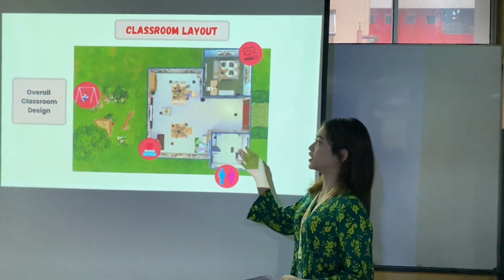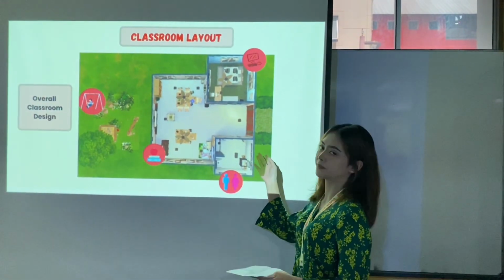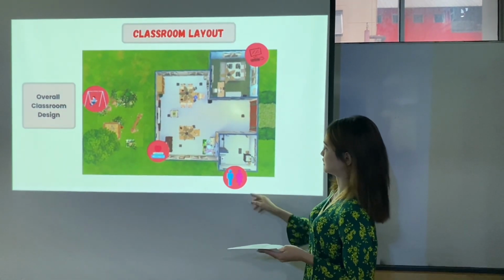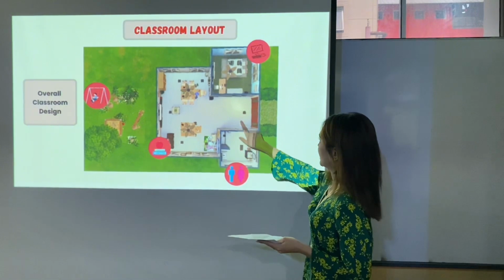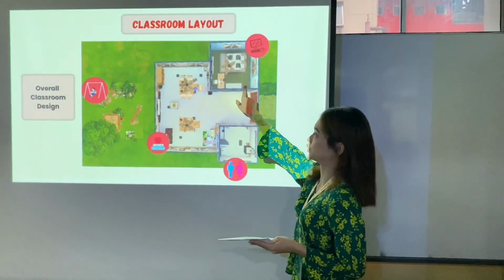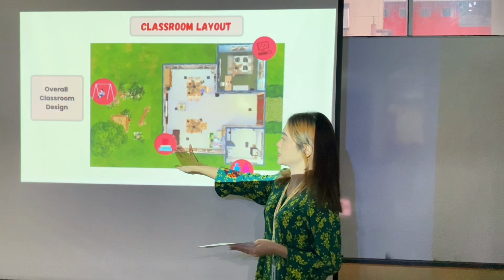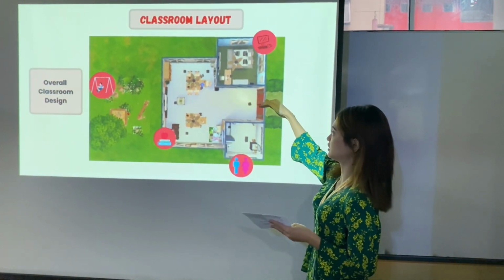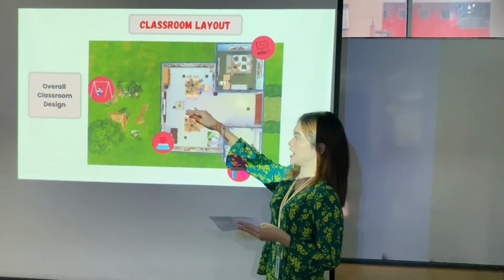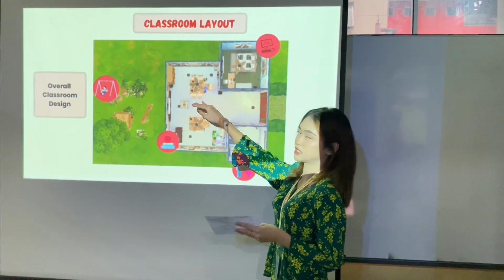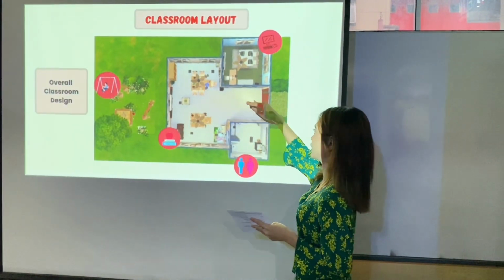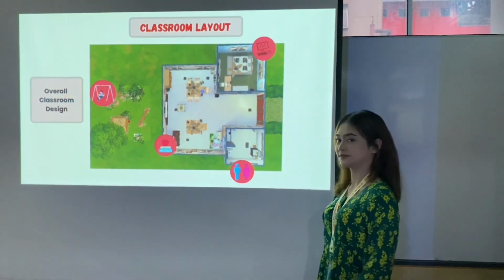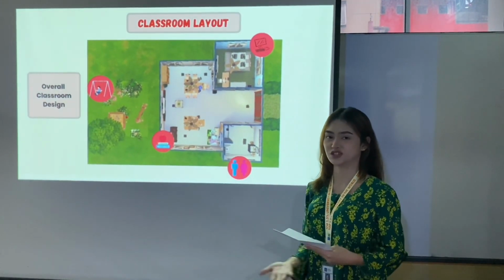Next, this is our overall classroom design, the point of view that we see from above. As we can see, this is the toilet over here, and over here is the computer room. Here is the classroom, and the outside is the playground. The students come in the middle from the door to go to the classroom. If they want to go to the playground, the students should go to the door and go outside to play. Next, I will pass to Josephine.